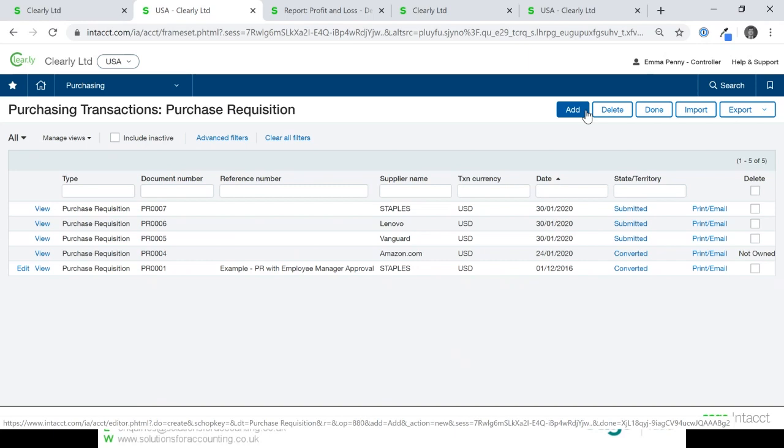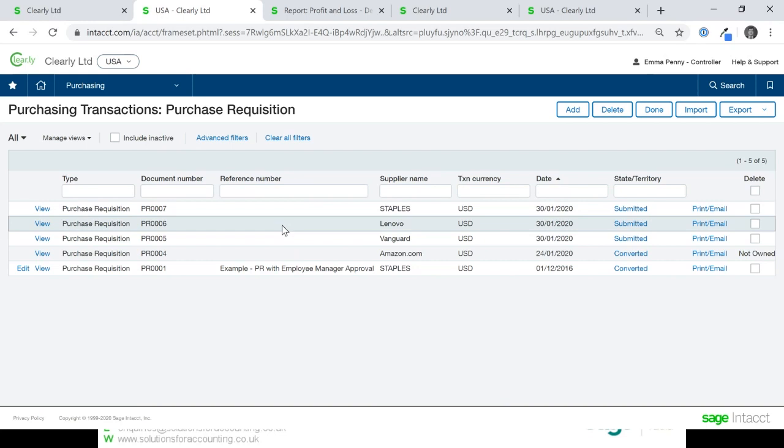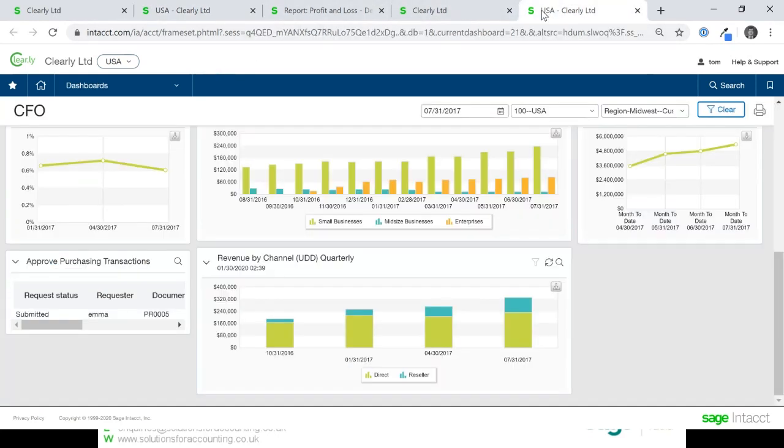You can set an approver based on the line manager of the person submitting the request, or based on a value, and then you can say if it's up to a certain amount you need one person to approve it, if it's above that amount you need several people to approve it, and so on and so on. So you can build up an approval workflow to approve a purchase requisition. So at the moment we've got it very simply set up that Emma needs her requisitions approving by her line manager, who is Tom. And if I just move over here to another tab, I'm actually logged in now as Tom. So this is what Tom can see.